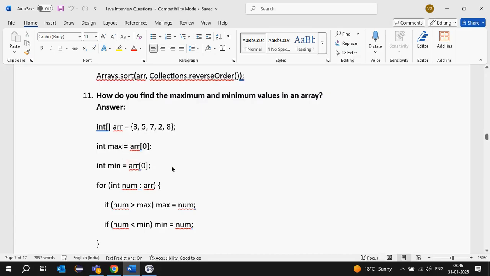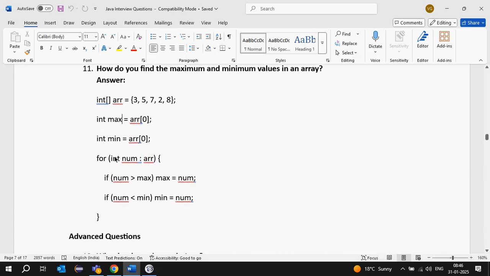Now we iterate the array one element at a time and compare. If the current number is greater than the existing max, we update the max variable with the current number. If the current number is less than min, we update the min with the number. Simple one. While iterating we verify whether the number is greater than max, then update max; if less than min, update min with the current number.